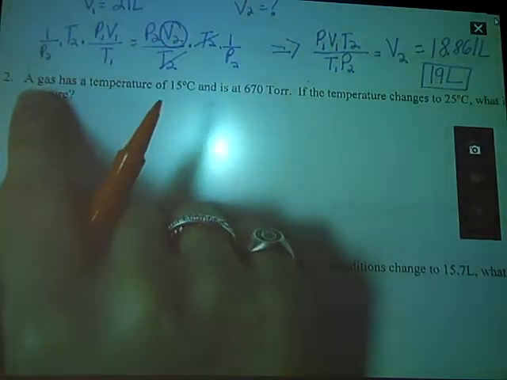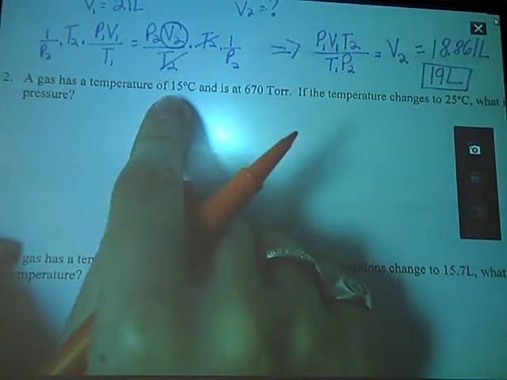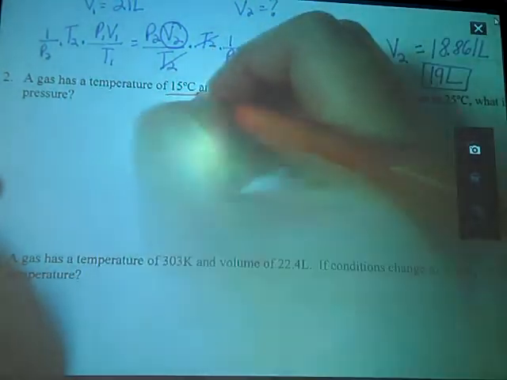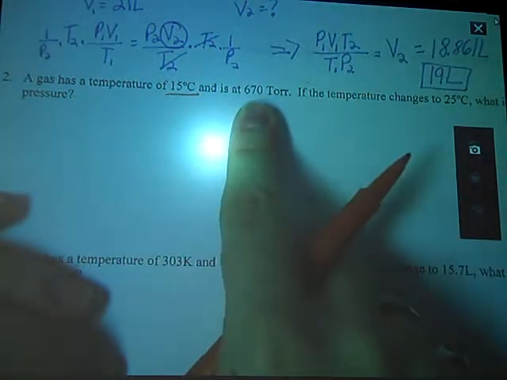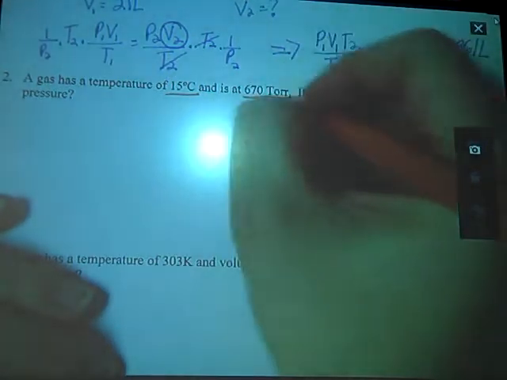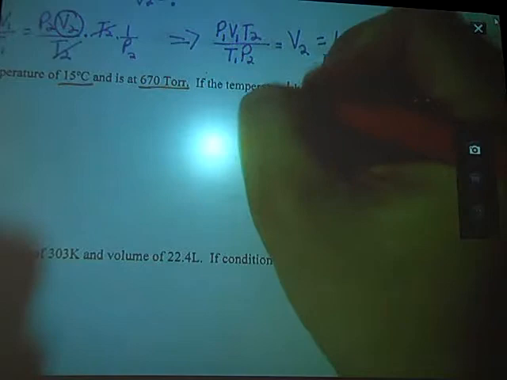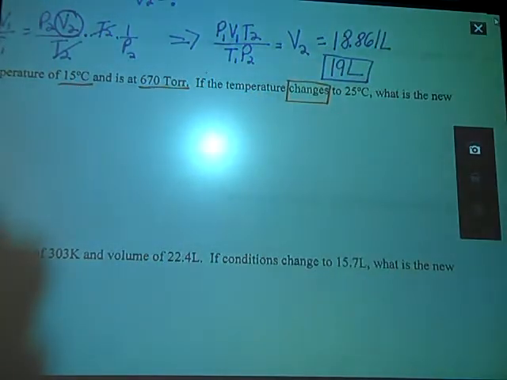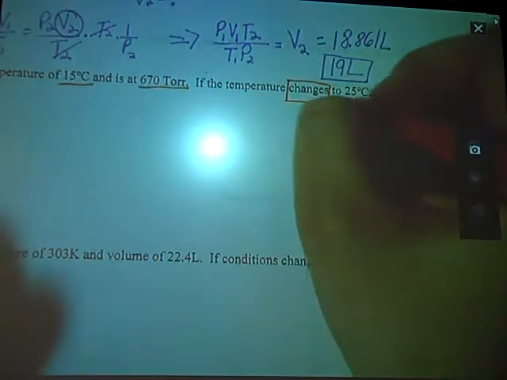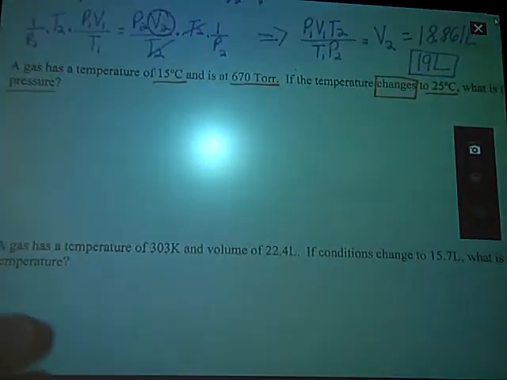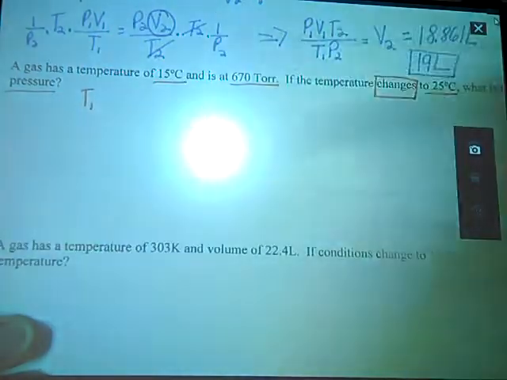So this problem says that a gas has a temperature of 15 degrees Celsius, that looks important, and is at 670 torr. That sounds useful. If the pressure changes, oh, there's that word again, tells me I'm using the combined gas law or one of its cousins. There's a new temperature, and what is the new pressure? So to translate these all into variables that are more familiar,